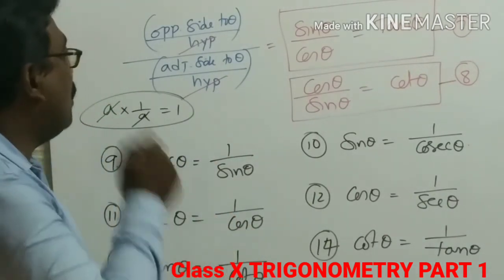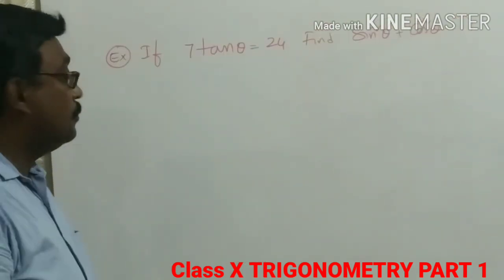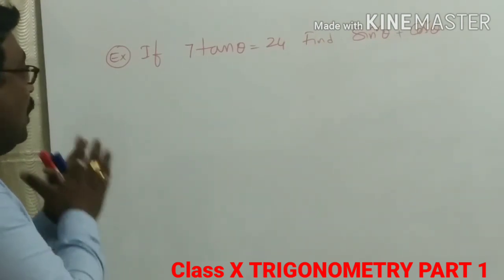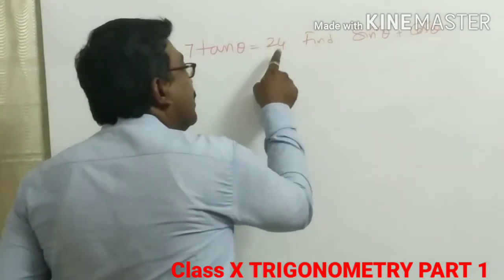We will discuss one more example now. Here we will discuss one example. If 7 tan theta is equal to 24,